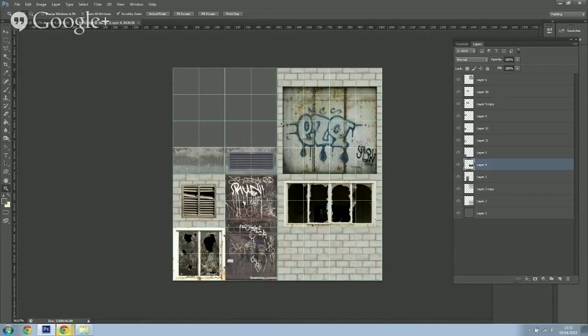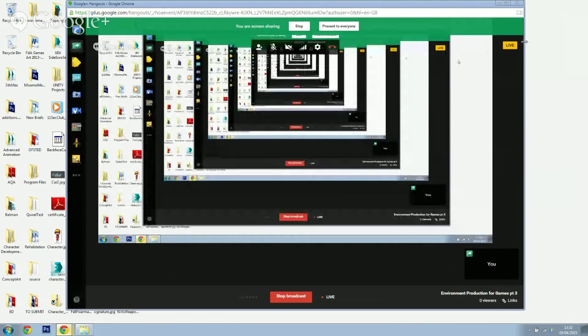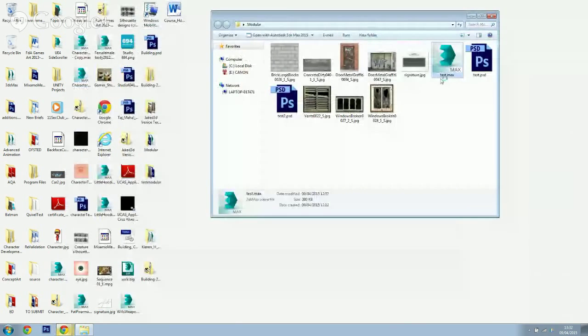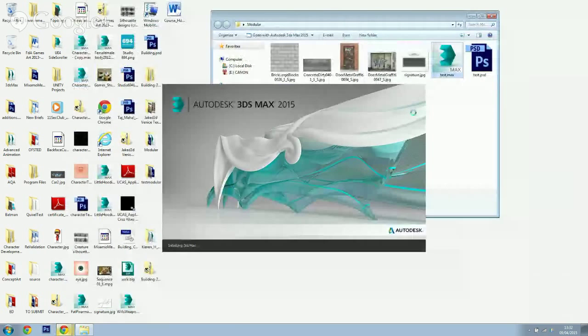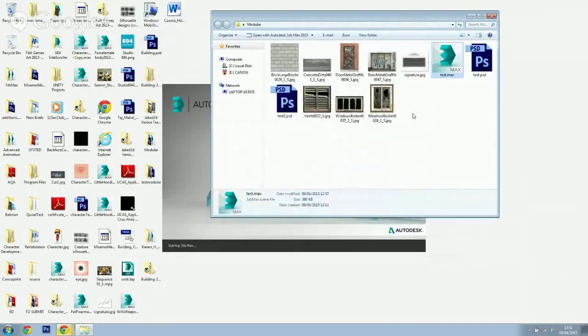So you set it all up, you make sure that you're lining up to your grid lines, and make sure that you're always doing things to the power of 2. So when I jump into 3D Studio Max now, I'm going to close down Photoshop and just boot up what I've done in 3D Studio Max up until now. Just minimize that, and I'll open up my test piece. Okay, so once this loads up,